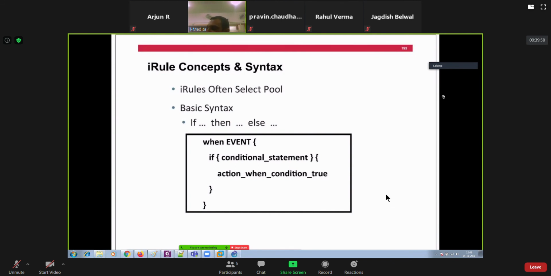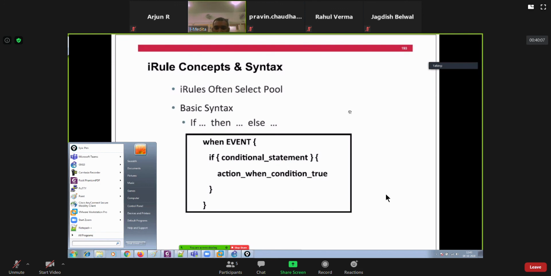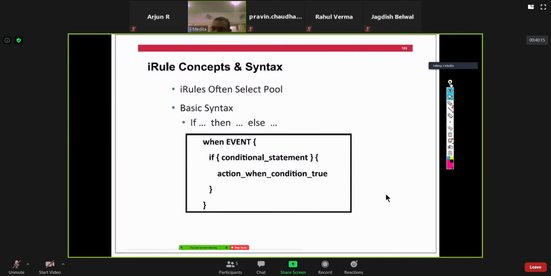So in iRules, you will always have three major components. First, it's your event. You have to decide against which event you want to execute your iRule.